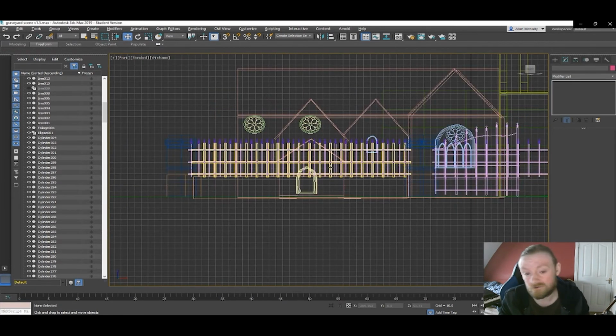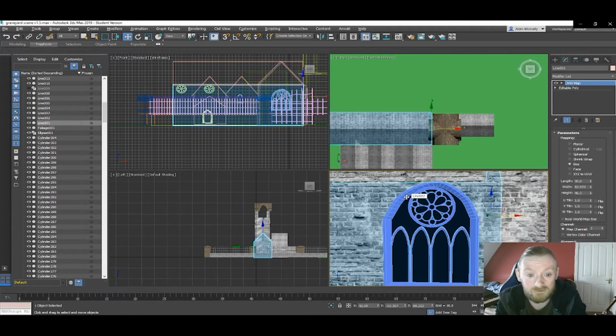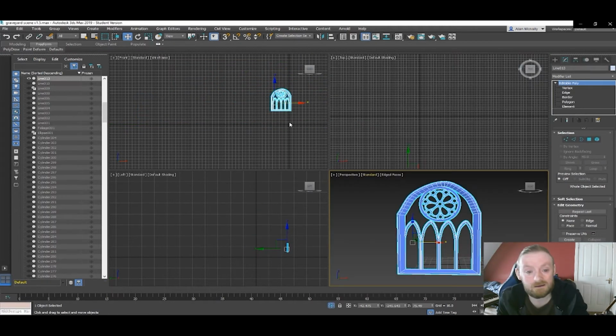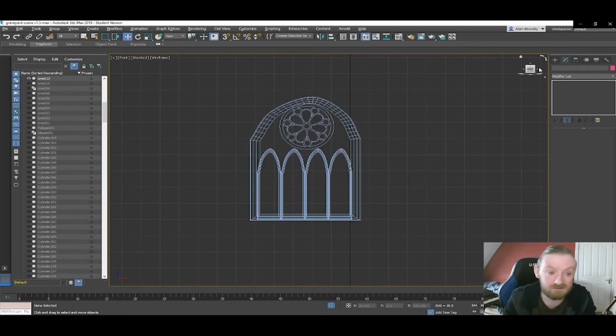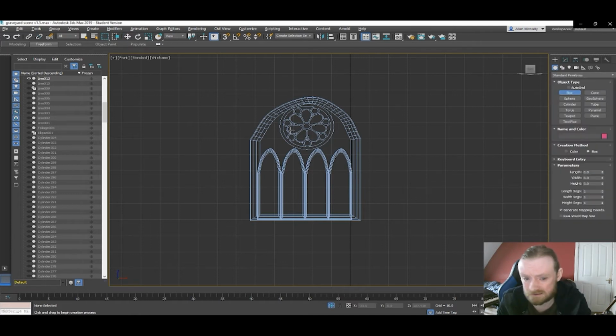Oh, I'm using a front view now. So there you go. That is why they say don't work in perspective view, because the front view showed me the perfect way to line it up, that it was lined up right. So I'm going,